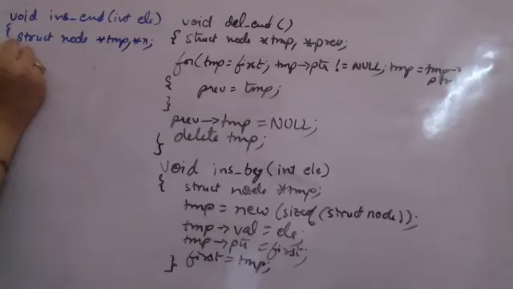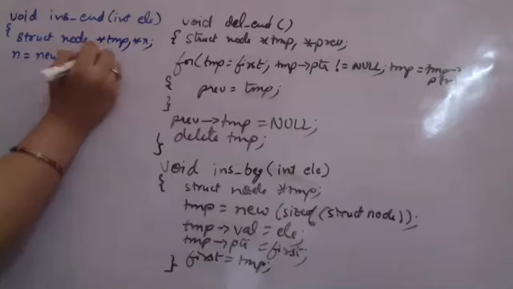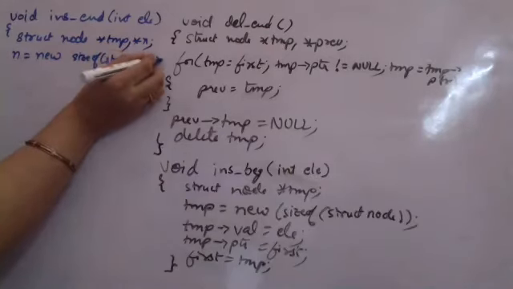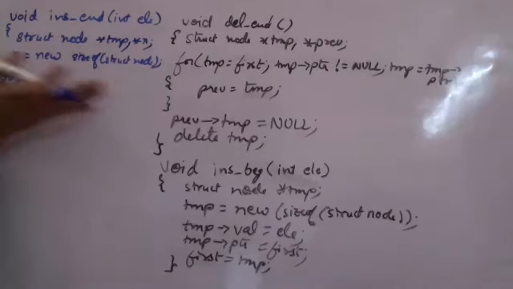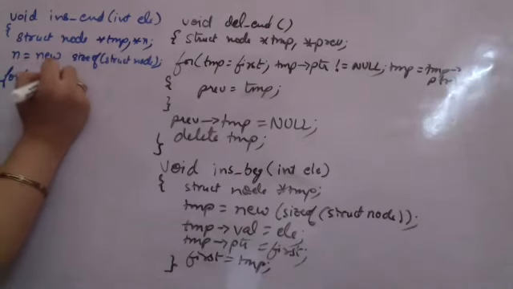First of all, I need to create the new node. So I'm using new operator, and I'm giving how much size I have to give here. So I'm giving size of struct node, right? After doing this, I have to keep moving. Again, I have to traverse. So I'm using the same for loop. I have to traverse till the end, and I have to add the element at the end. First we traverse. Temp is equal to first,